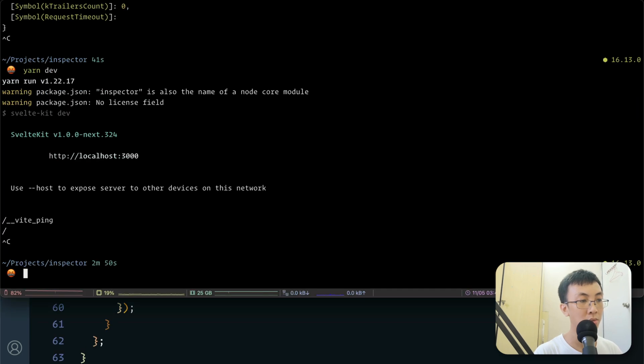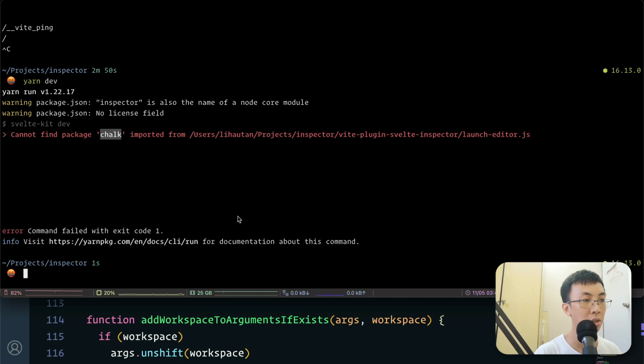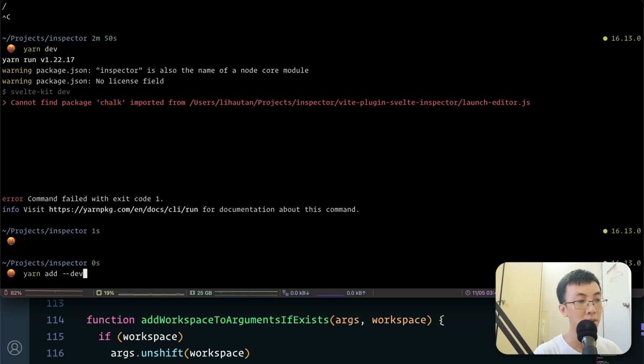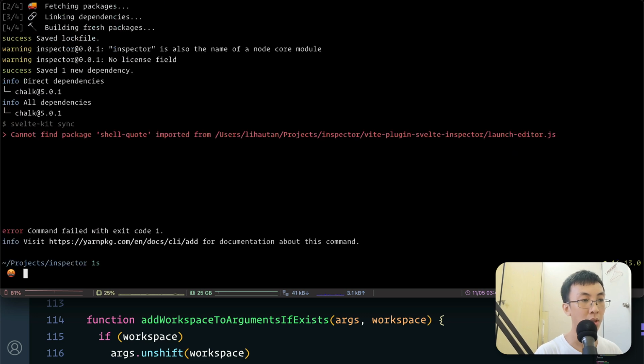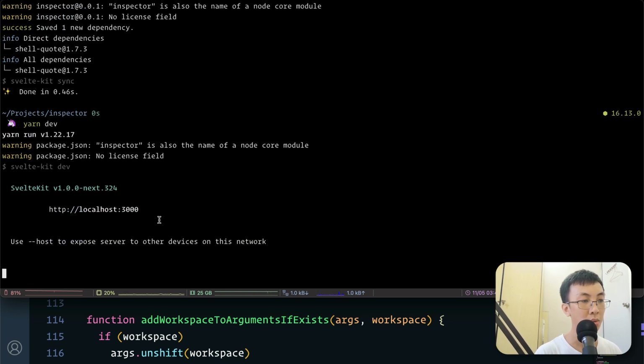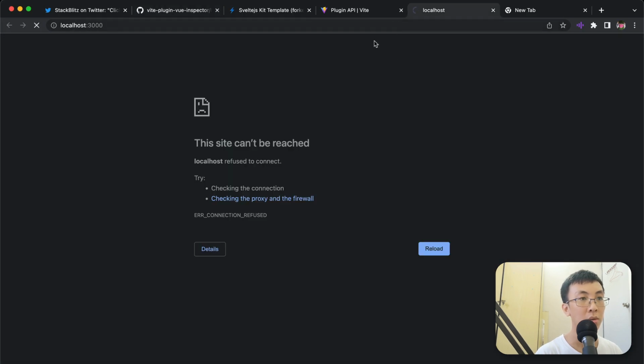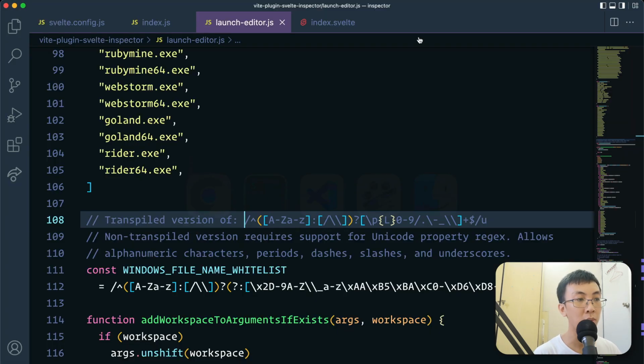And okay, I think let's restart our server. Hold on, chalk. Okay, launch editor needs chalk. Let's just install this first. Shell code. Okay, we need shell code as well. Let's try and restart. Okay. Now let's try. So now nothing is happening because our middleware handles all the requests,